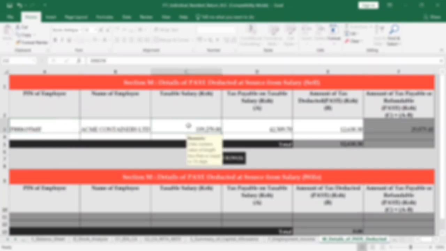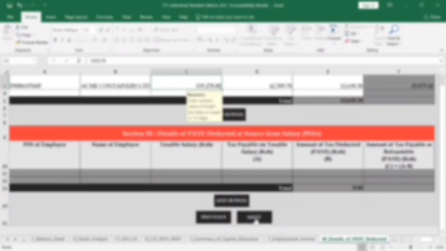taxable salary. Again, this is found on your P9 form. Tax payable on taxable salary, check on your P9 form. Amount of tax deducted PAYE, you also check on your P9 form. And once the figures are correct, you're good to go. You're going to click next,